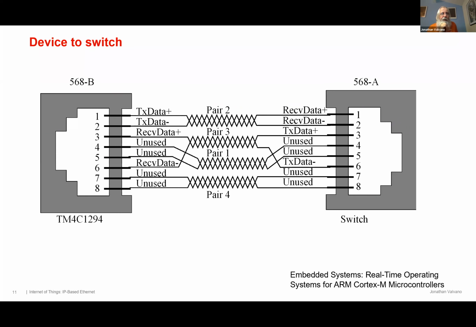More stuff. This is the typical Ethernet wiring diagram when you connect up an embedded device, an IoT device. As I showed you in the previous picture, when I get into the office and bring my demo to show you, it's going to use a TM4C, which is an Ethernet-ready microcontroller, and plug the cable in. The switch or the router has pins 1 and 2 as the receive data, and the physical device has pins 1 and 2 as the transmit data. So a straight-through cable